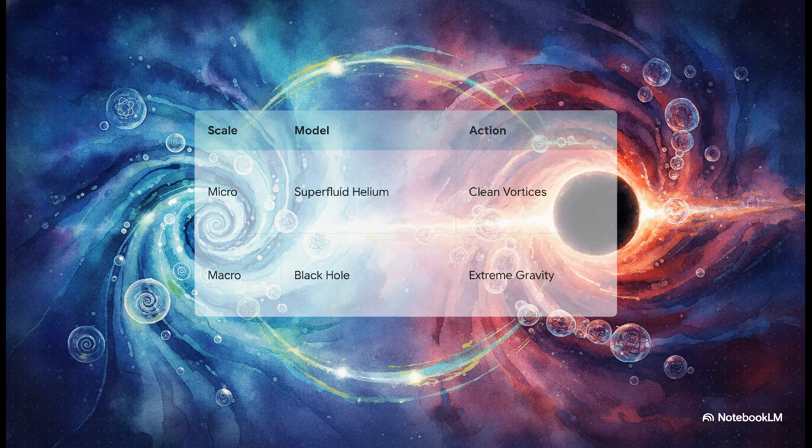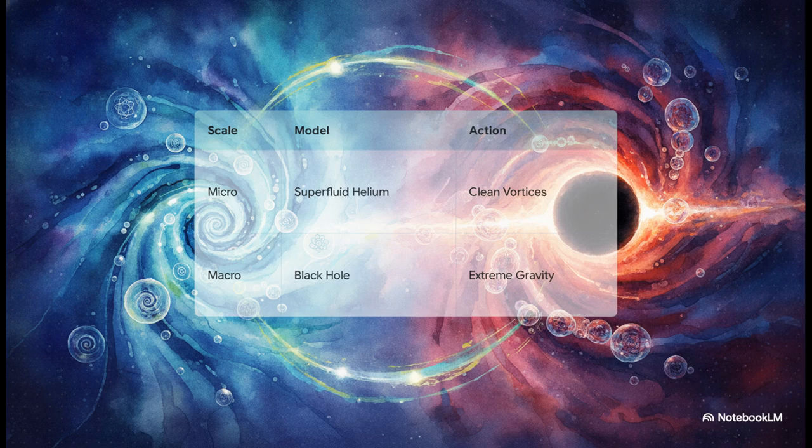It is wild to see how the microscopic laboratory mechanics of incredibly cold superfluid helium perfectly mirror the massive gravitational folding mechanisms of a black hole. At the microscale, in supercold helium, thermal noise drops way down, which allows these perfect spinning vortices to twist into stable little archive pockets. Now, pan all the way out to the macroscale, the extreme gravity of a black hole